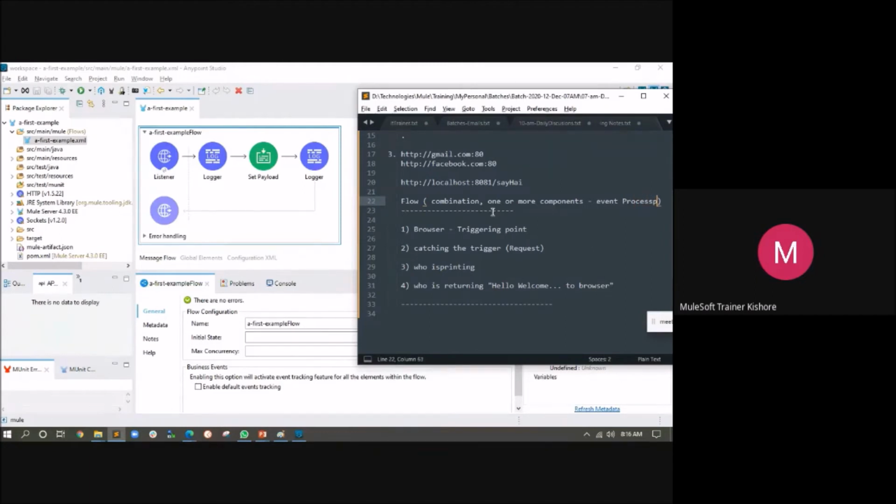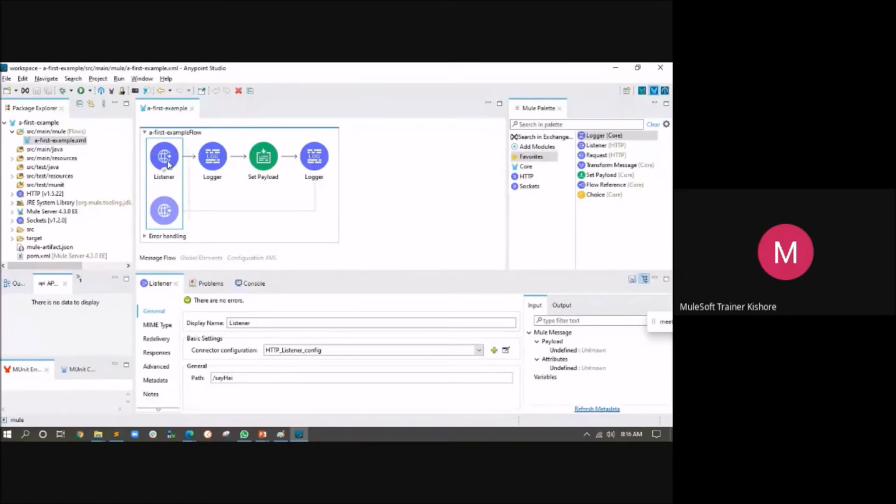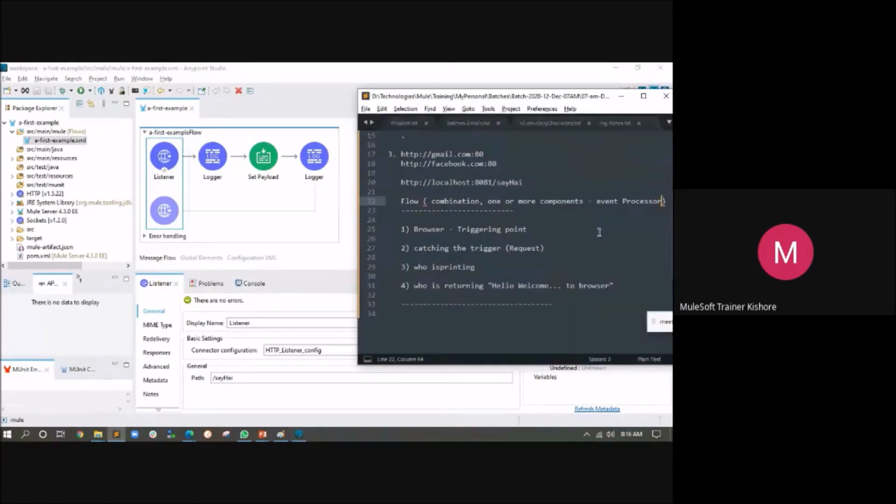We will see why it is called an event processor in the next session. So a flow is a combination of one or more components or event processors. The first component accepts some data, or the triggering point, and is called the source event processor.